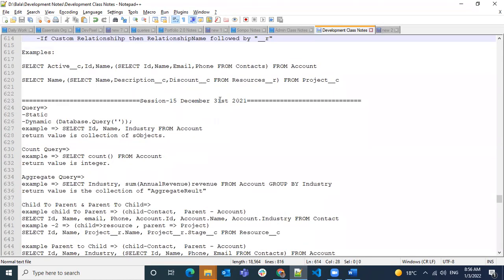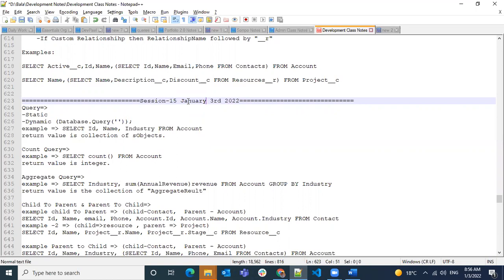Quick question, Bala. The thing you just explained about the failure when we are inserting, if one is failing, the entire thing is failing. I assume when we are doing it through a data loader or any import, if one fails, everything fails. But if we write a custom class and something is failing, it would continue with the rest of the ones, right?